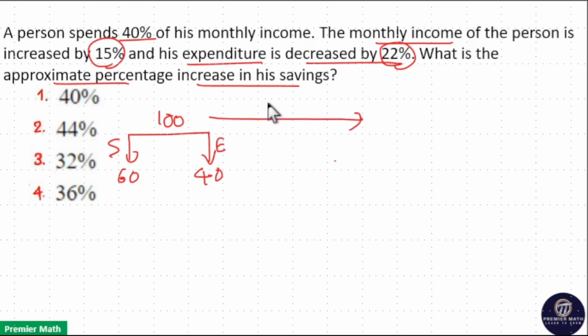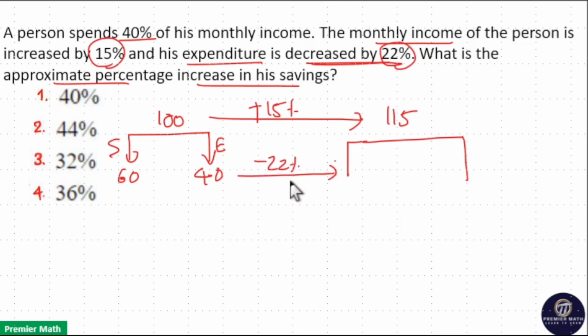Now, income increased by 15% means new income is 115 rupees and here expenditure decreased by 22%. So decreased by 22% means 22% of the previous expenditure is decreased. Now remaining is 78% of the previous expenditure, which is 78% of 40% of 100,